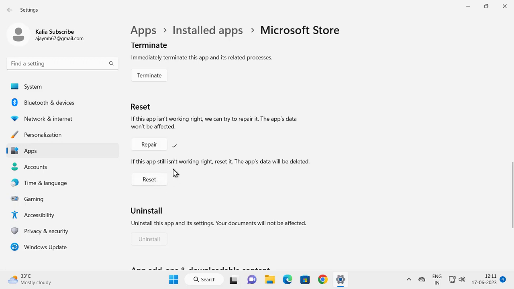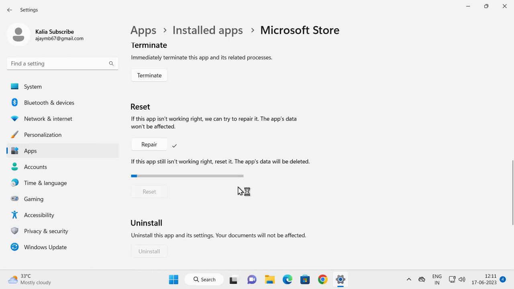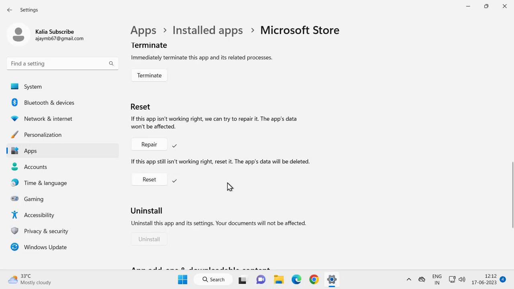If this app isn't working right, reset it. The app's data will be deleted. Select reset, and it will permanently delete the app data on this device, guys. Reset it. After finishing this, attempt to install any games on your E drive, guys, and hopefully that can resolve